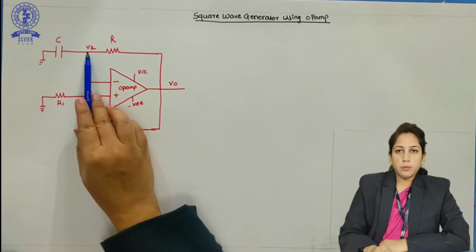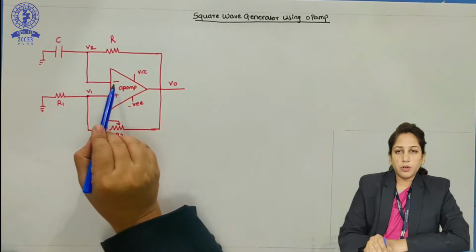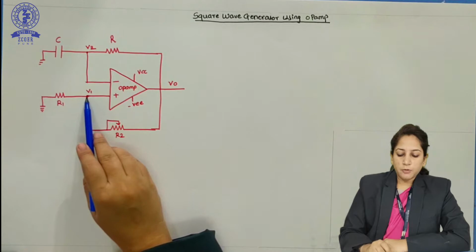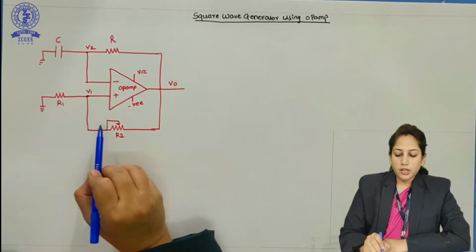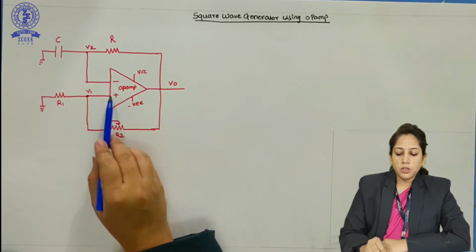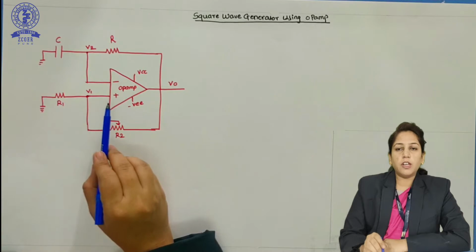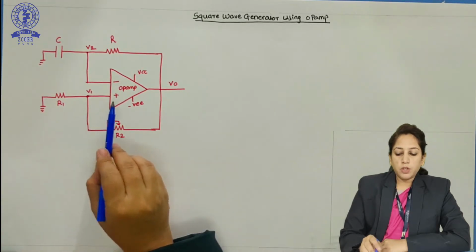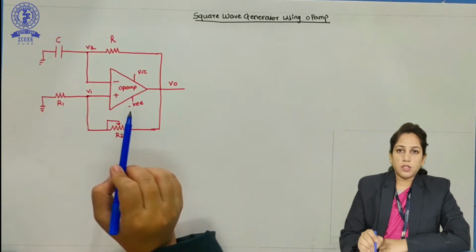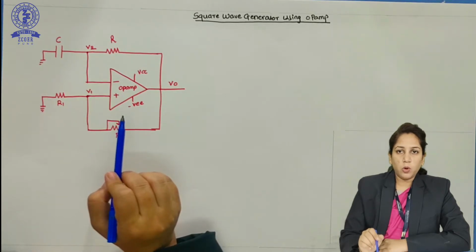voltage V2 will be generated here, which is equal to the voltage across the inverting terminal. And here I have also connected resistors R1 and R2 to this positive terminal. We observe that we have not given any external input other than these two DC supplies, which are required for the operational amplifier to operate.